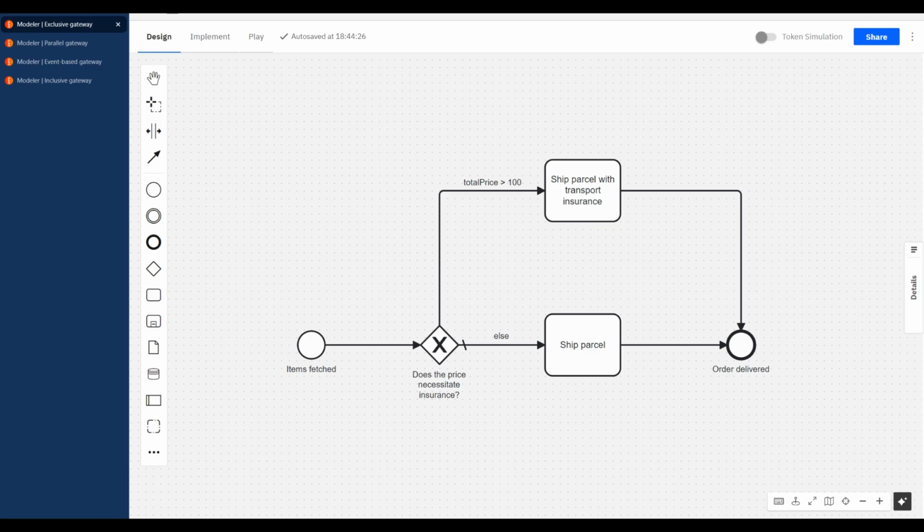I'll show you 4 simple examples of the most commonly used gateways in BPMN. And I'll also show you a way for you to validate that the gateways you use in your own business process models are logically sound and the process can execute. So the 4 gateways that I'll show you are the exclusive gateway, the parallel gateway, the event-based gateway, and the